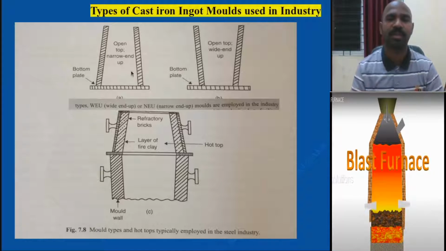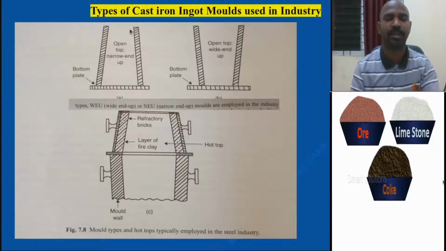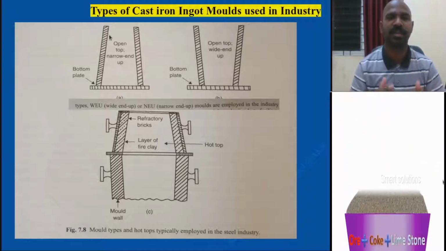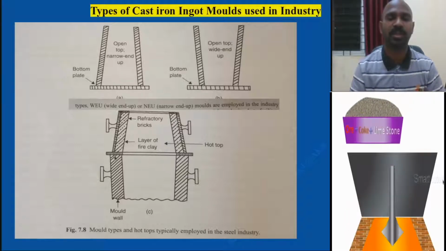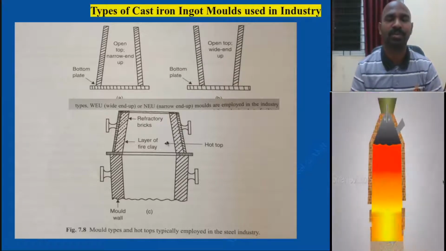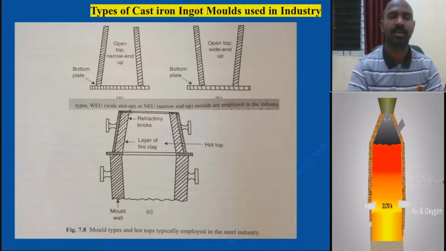These are the two different molds, and there are problems. At the surface there will be many defects. Surface cracks usually happen, and uneven shrinkage occurs. For that there was another development. It is a kind of cap. It is refractory brick and refractory lining, and a layer of fire clay is made up and kept on this particular ingot, so that you can avoid such casting defects. This is a solution for the problem arising in this.